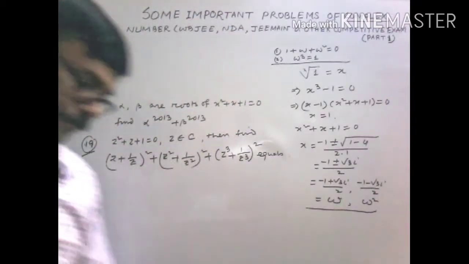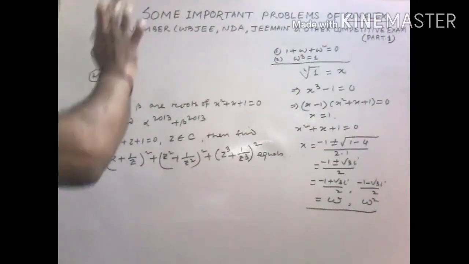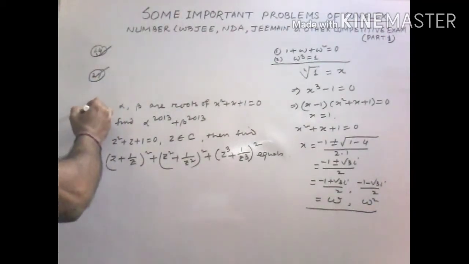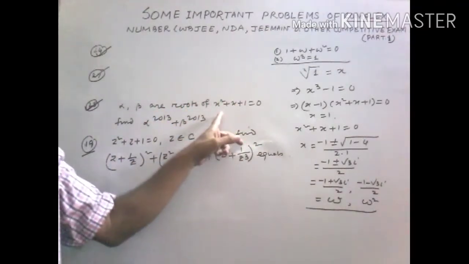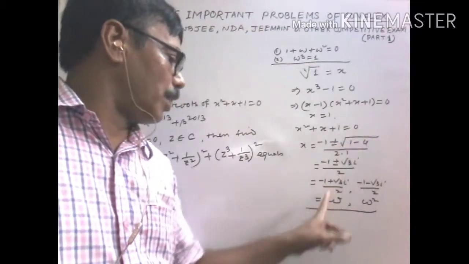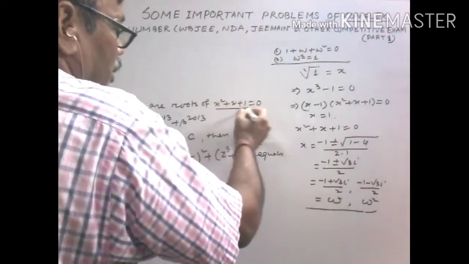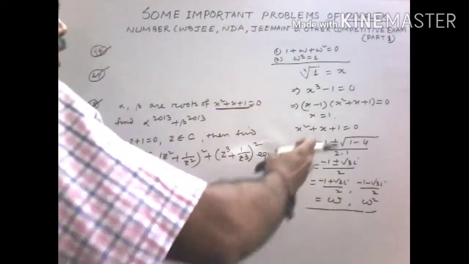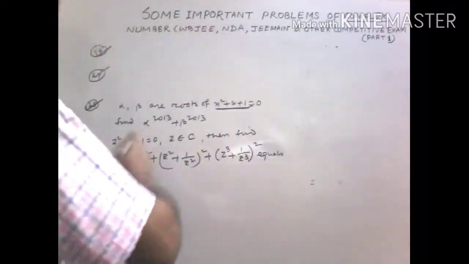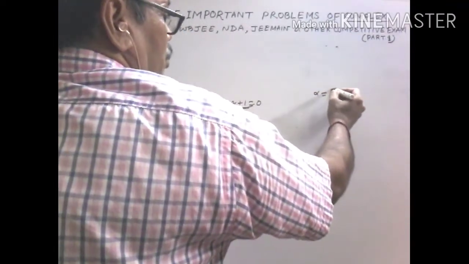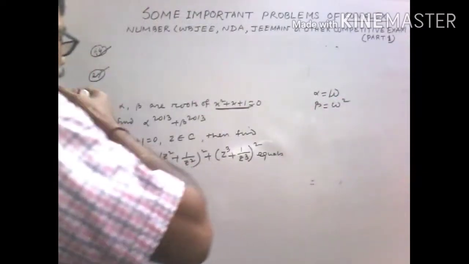So look, problem number 24 is directly a problem involving omega. Now 23, you look. Alpha and beta are roots of this equation. That is, alpha equals omega, beta equals omega square. So they are the imaginary roots. This is our working tool. So here alpha equals omega and beta equals omega square.